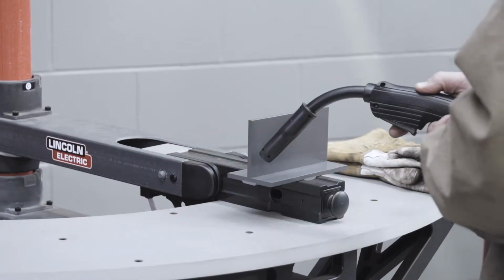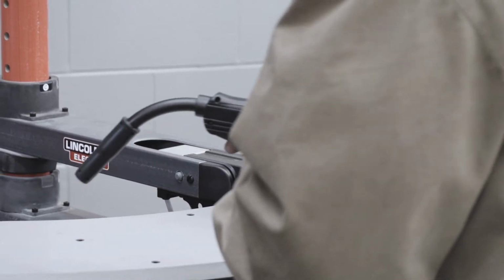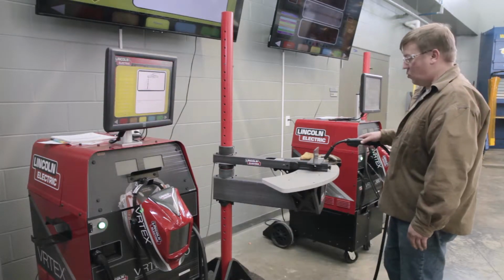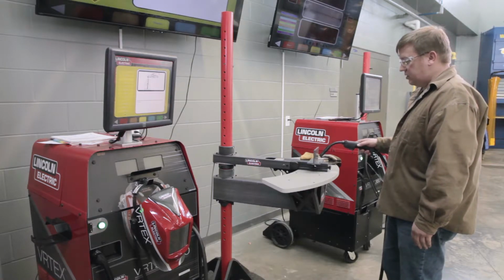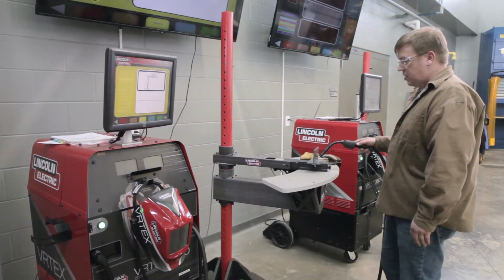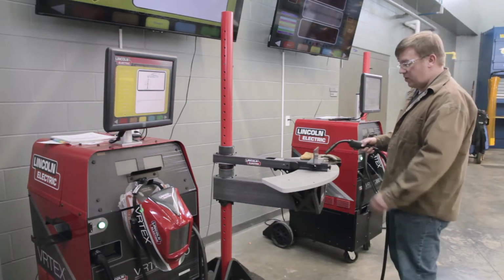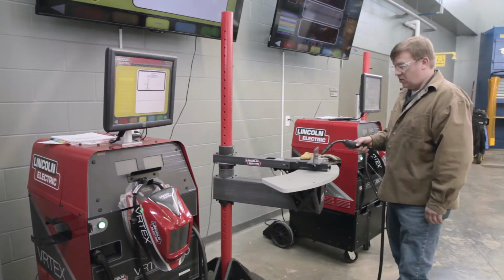There's a time and place you may need to pull. We'll talk about that later. And then you have your work angle. We're going to keep that 45 degrees, slight push travel angle. And then position. So we want to position. We're going to do one pass. We want to make sure our bead